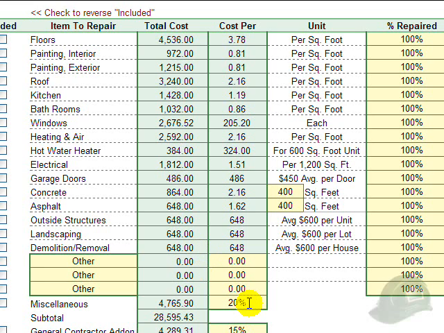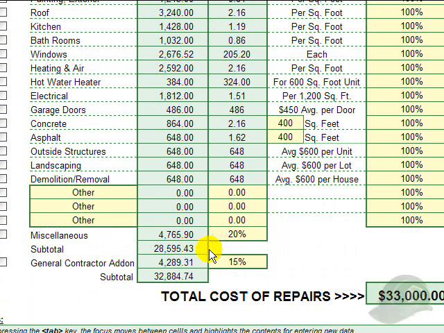This portion here is the miscellaneous. The miscellaneous is basically everything else. On average, it's about 20%. If you're really efficient, for instance, you might even be able to get that down to 15%. Or if you're a novice at this, you may want to put in 25% just in case. Our subtotal here is